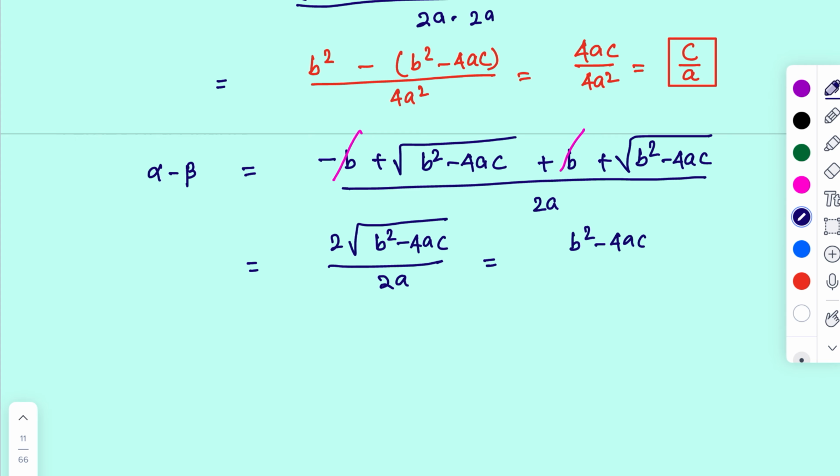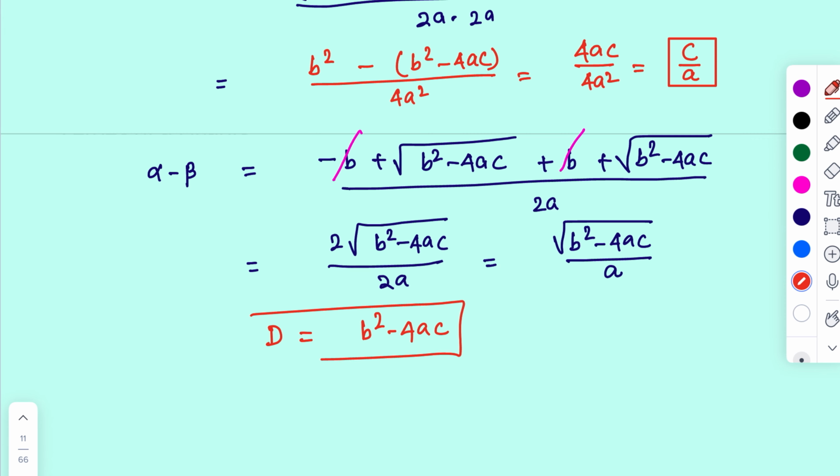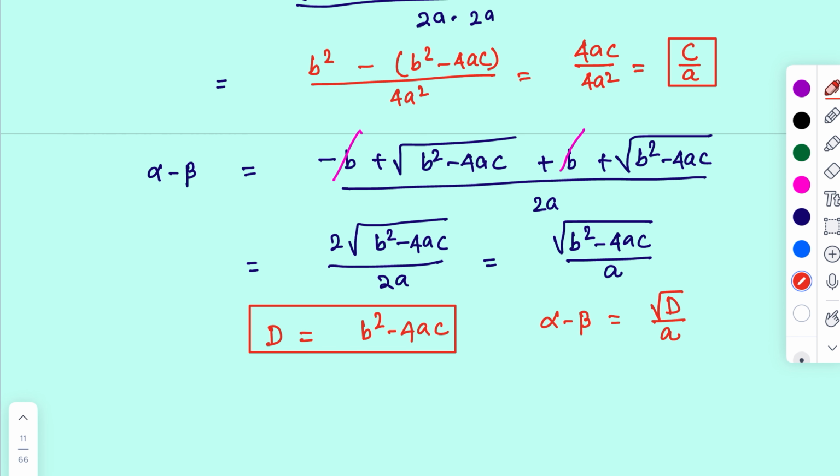So this will be equal to only square root of b square minus 4ac divided by a. And in quadratic equation we will describe this as d. d is b square minus 4ac. You will read later in the quadratic equation chapter, d is the discriminant. So alpha minus beta we can write this as square root of d divided by coefficient of x square